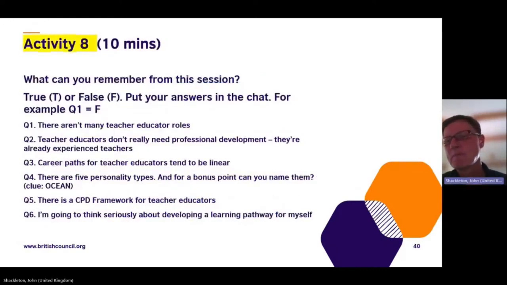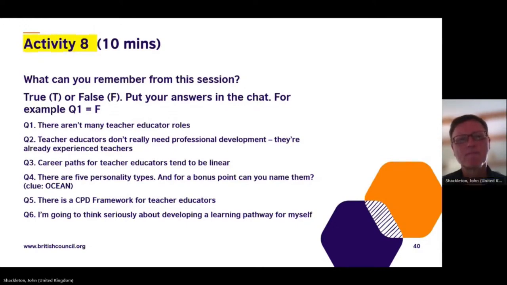Okay then, so in the few minutes that are remaining to us, what I'd like to do is just run over a few points that we've looked at today, just to jog your memories a bit. And then I'm going to close with a summary. So just take, it says 10 minutes, you don't need 10 minutes, just a couple of minutes will be fine, of course. So if you could have a look at those questions there.